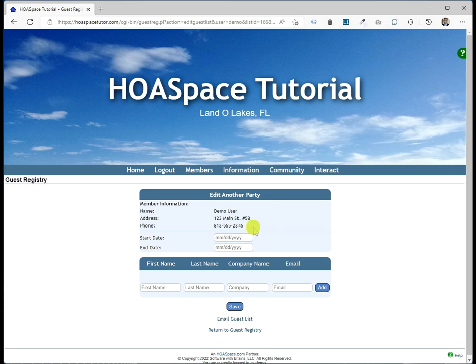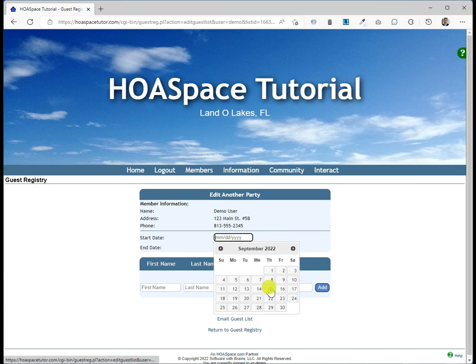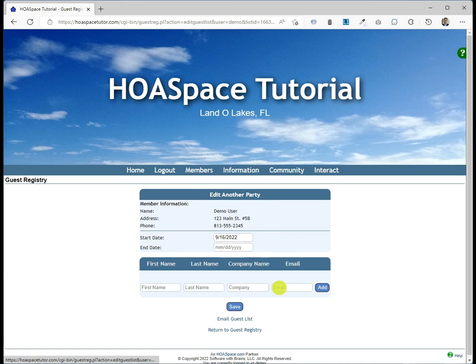This simplifies that. This says I have a starting and ending date, which I'm going to just happen to put in. Let's put it in for Friday. I'm going to put in Friday's date because that's when this party is going to be. And now I can just start adding members. So I can put in